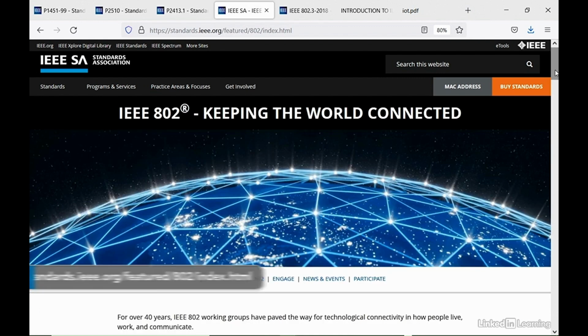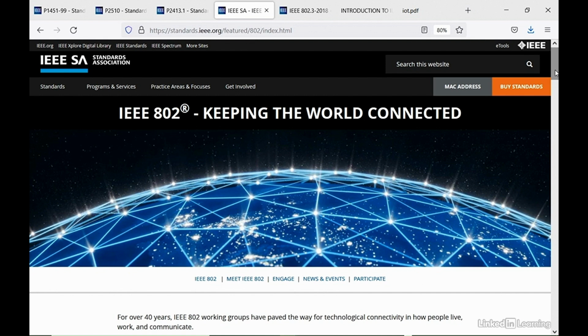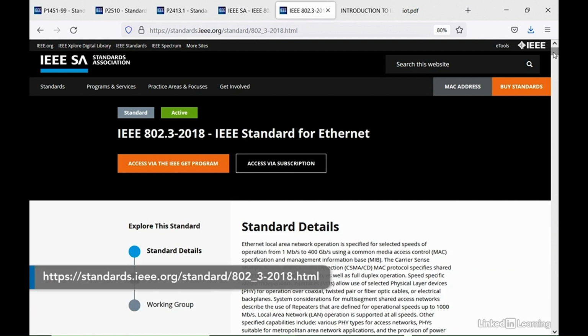A very common IEEE IoT standard is the IEEE 802 family of IEEE standards dealing with local area networks. It consists of 71 published standards with 54 under development. The most widely used IEEE 802 standard